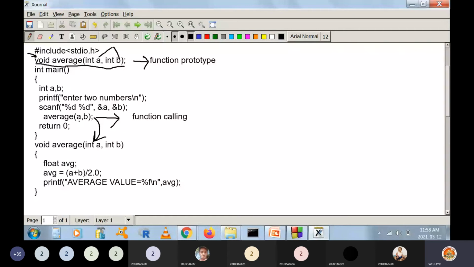So here what is happening is this. Now see, I'll tell you, when you declare int a comma b inside the main, memory is allocated for a like this. For b also memory is allocated. And whenever you say enter two numbers, for example, I entered 10 in a and 20 in b. 10 and 20 will be stored in a and b like this. And whenever you call this function, please understand this here. Average a comma b. So here a comma b.